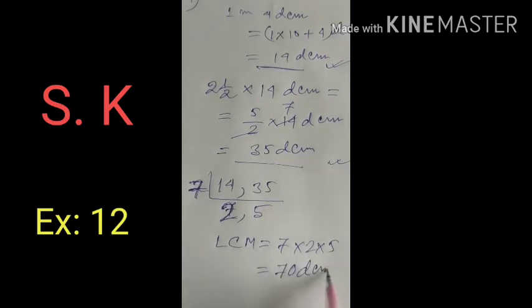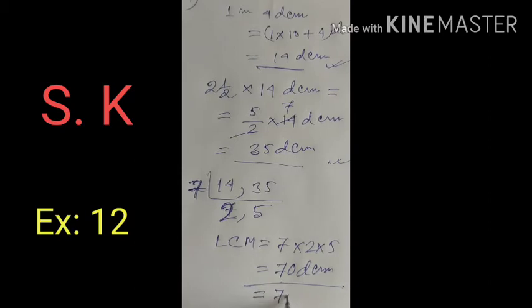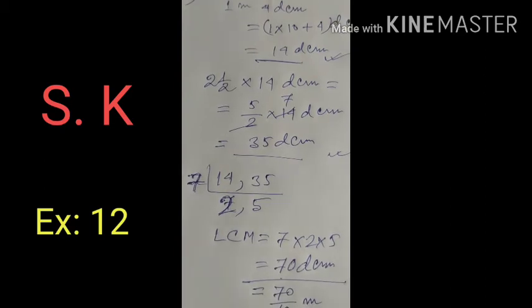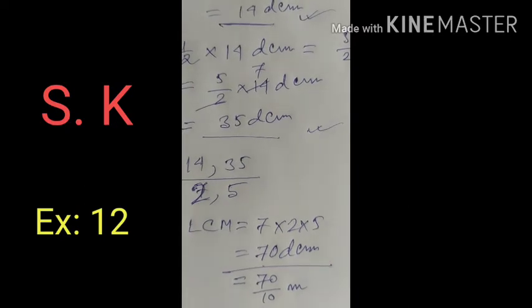70 decimeter. Hence the exact minimum distance, 70 decimeter means 70 by 10 meter, that is 7 meter. Hence the engine will cover at least 7 meter for complete revolution of the two wheels. Okay,